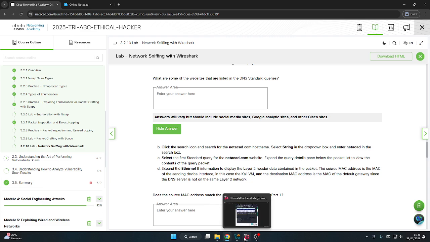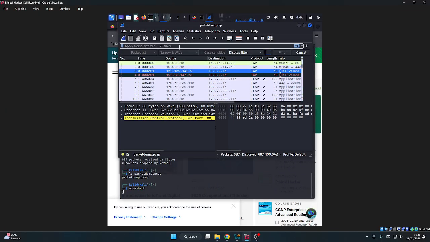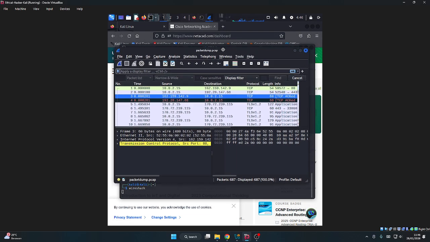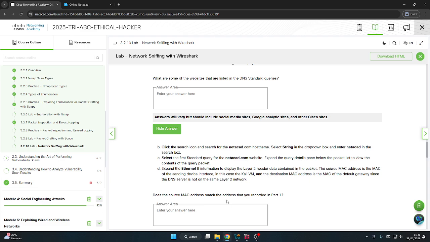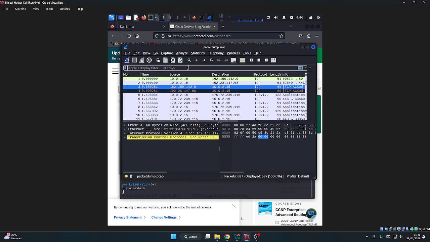Select string drop down, so we can see the Netacad. Netacad.com. Search icon Netacad.